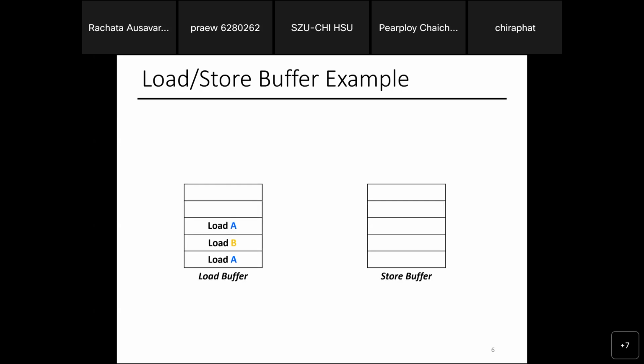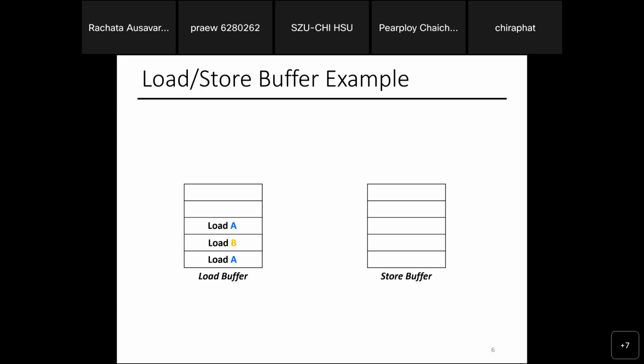Would it be okay to just handle the first load and then look at who needs A? When I have the data, I ask who needs A, and say, here's your data. What's the benefit in that? You waste less bandwidth, right? Because you go to DRAM only once, not twice, for the same address. Sometimes we call this technique coalescing. Coalescing basically combines ongoing requests so that instead of doing two loads to the same address, you